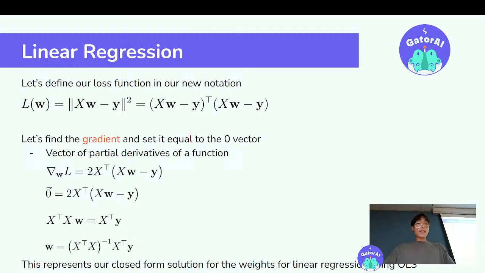So we try to find the gradient of this loss function that takes in our weights, we call them w now, and we set it equal to the 0 vector. The gradient is essentially the vector of partial derivatives of a function. Before, we were trying to find the partial derivatives with respect to w1, w2, and b. So it's essentially the same thing. We're just storing a list of our partial derivatives in a vector, and we're setting them all equal to a list of zeros.